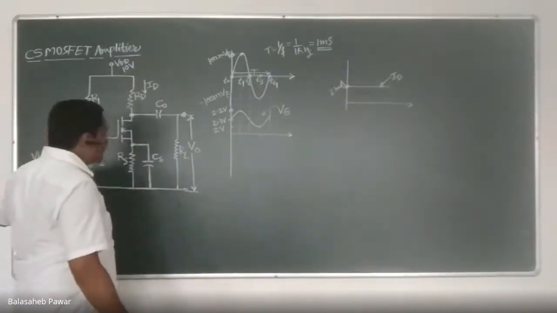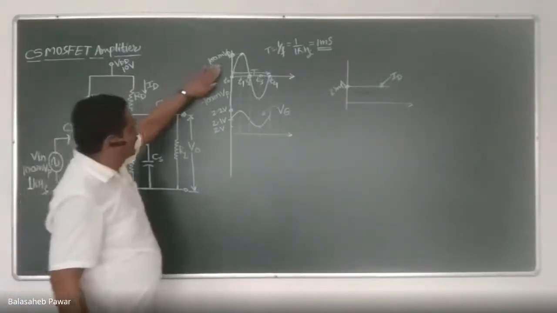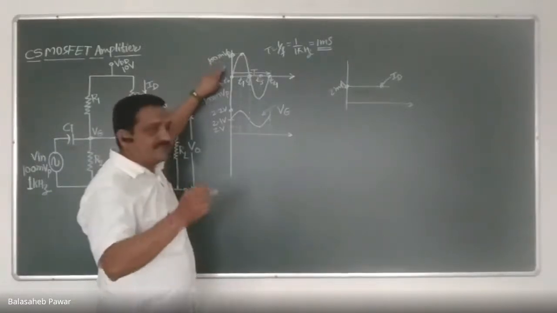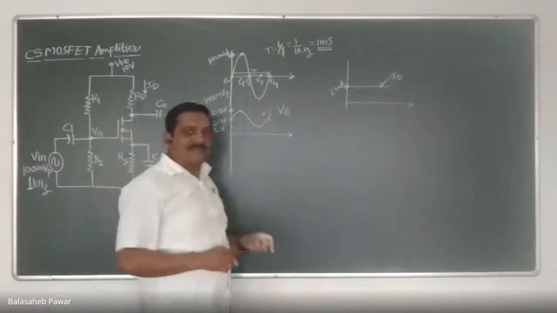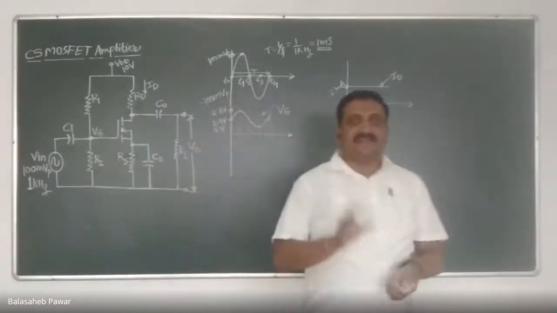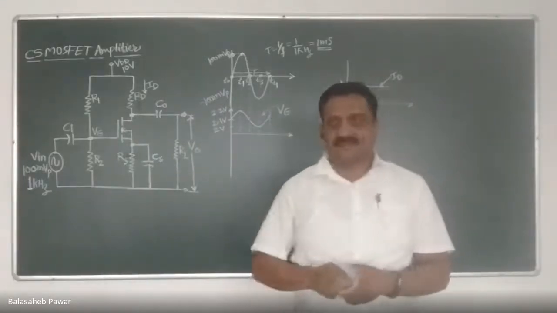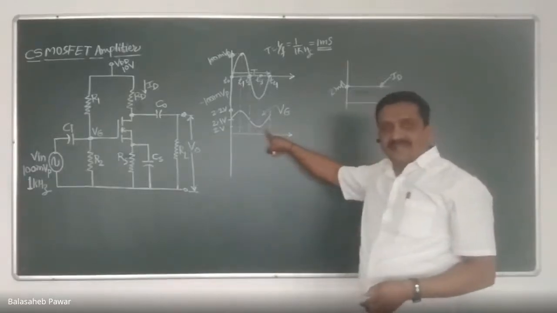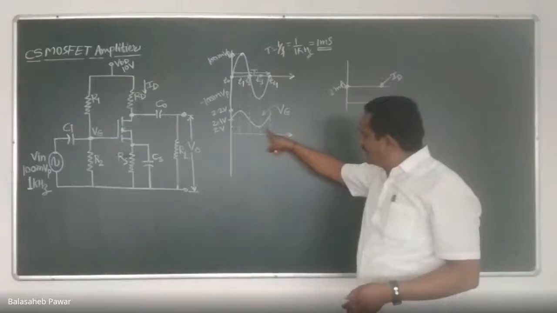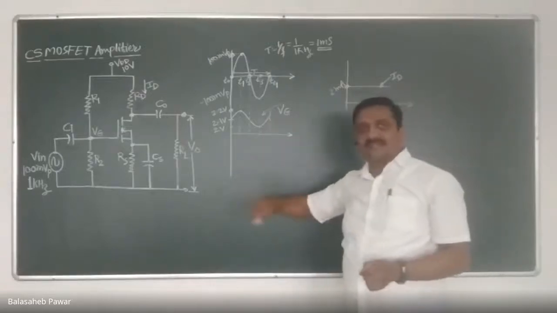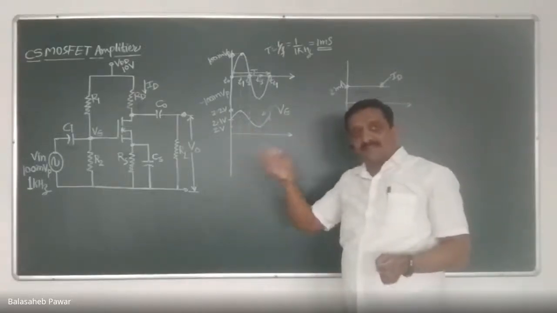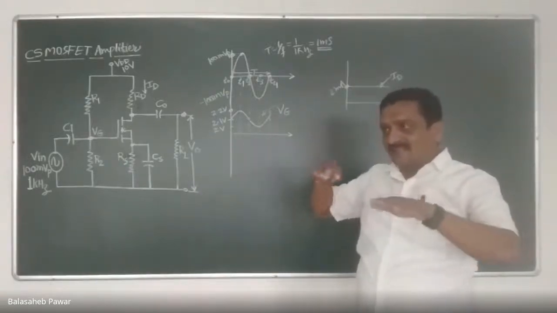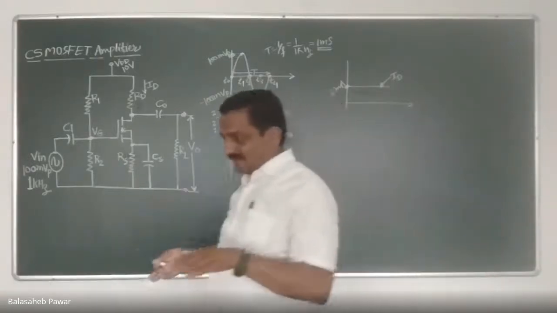After the application of this input signal, that is 100 millivolts, this is our input signal, what is the effect on gate voltage of that transistor? It becomes time varying like this. So when gate voltage becomes time varying, what will be the effect of that gate voltage on the output drain current? Will it remain constant as 2 milliamps, or will it also become time varying? What do you think?